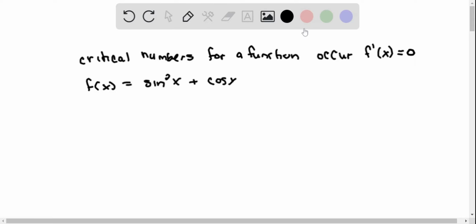So the first thing we need to do is take the derivative of this function. And so we notice that for sine squared of x, this is going to be the chain rule. So another way to write this is sine of x squared. So that is the derivative of a function raised to an exponent is you bring down the